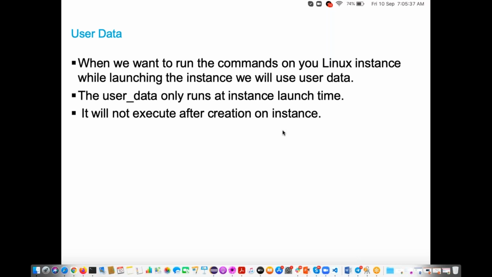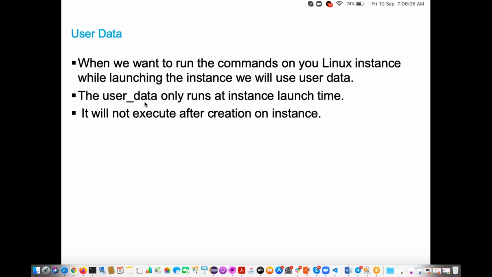Suppose I want to install the Apache HTTP server. While the EC2 instance is ready, the Apache server has to be installed. So in that case, we are going to use one parameter called user_data, and pass whatever commands you want to execute.